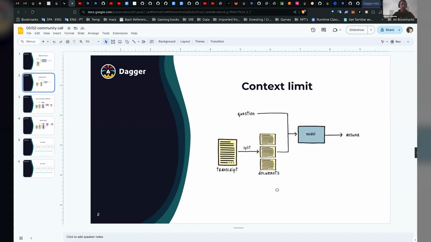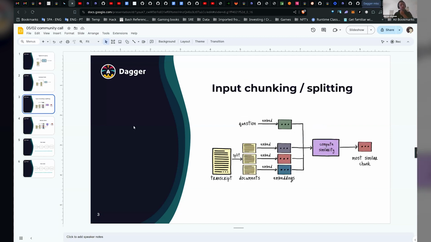And basically, the way to overcome this limitation of models is to split your input into multiple chunks, and then have a way to only send the relevant chunk to the model about the question that you're going to be asking, right? And as you can imagine, the challenge of this approach is understanding which chunk you need to send to the model, right? Because relevancy might be something very subjective in terms of what you want to ask a question for. So there's an approach to solve this problem, which is